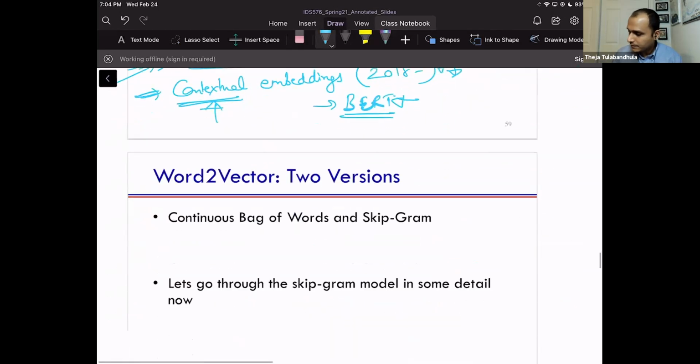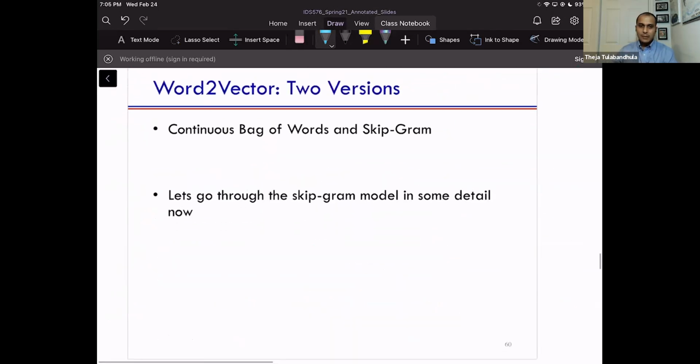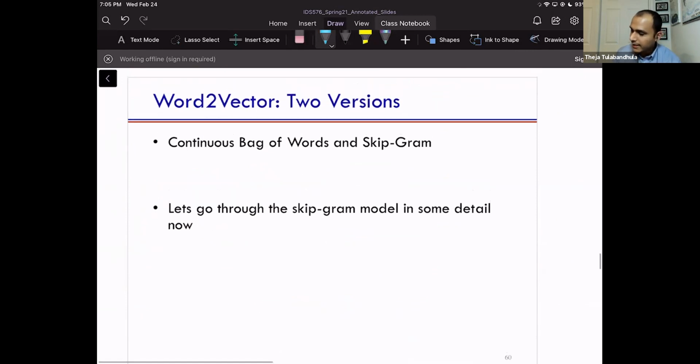Okay, so it turns out that in that paper from Google in 2013, they had a couple of variations, a couple of specific classification tasks. Remember, for any word embedding, we said prediction method means let's attach an auxiliary, basically irrelevant, classification task. Remember last session we were talking about whether a sequence of words is a valid sequence or not? That's a classification task that we cooked up. Here we'll see a specific classification task that was actually used by folks from Google to create the static embeddings, Word2Vec.